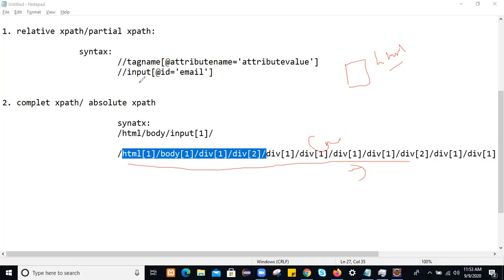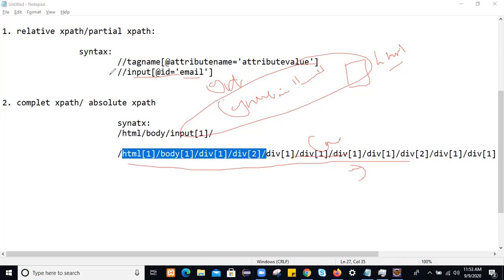So if anything gets changed in the middle of that, you couldn't find where exactly it changed. But if the attribute name or attribute value is changed in the inner HTML, you can change to some other attribute name and attribute value. Let's suppose this time I take the attribute name as name and the attribute value as something, and we'll take that attribute value. So always go with a unique XPath, and that XPath will be readable also.